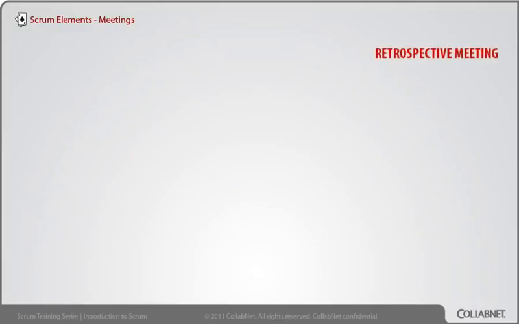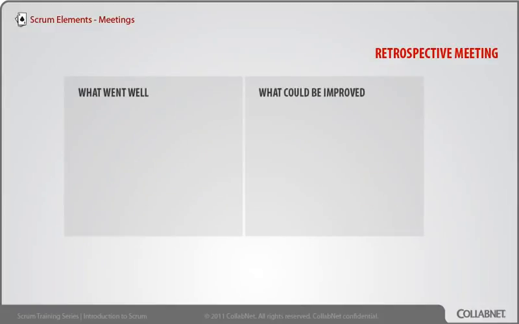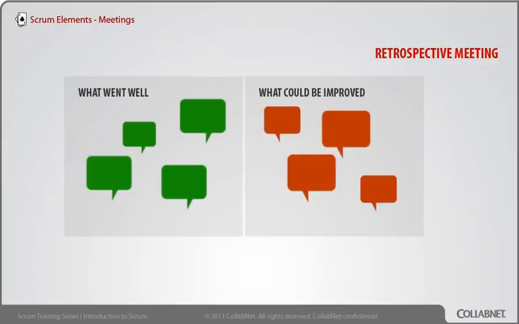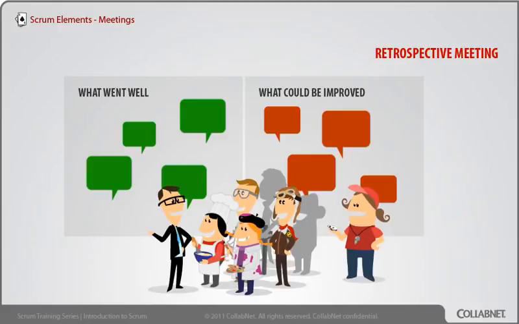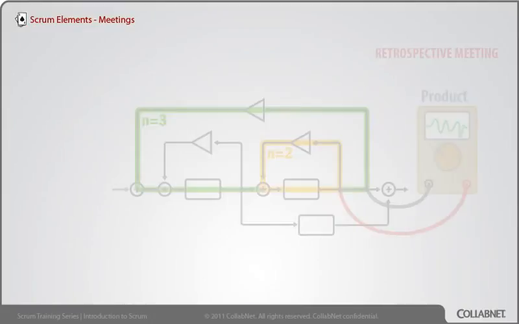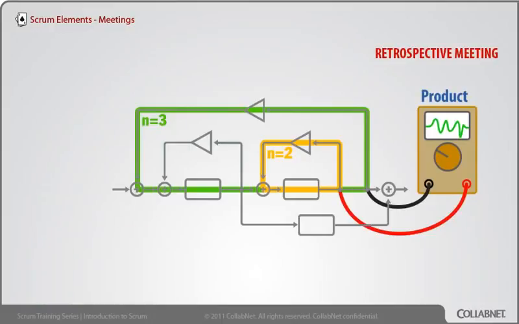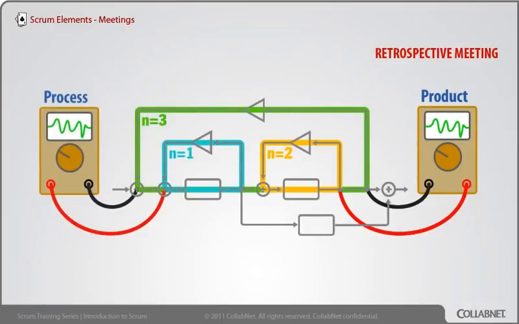Every sprint ends with a sprint retrospective meeting for the team to inspect and adapt their own process. We inspect and adapt the way we worked together during the last iteration. We typically talk about what went well, what could be improved, what we learned, what still puzzles us. We give feedback to each other. These kinds of things will come up in the retrospective, and there are a lot of great techniques for doing the retrospective. This is really the key of the whole thing. The team eventually takes ownership of their own process. Regular sprint retrospectives introduce a feedback loop about the process the team uses to build the product.